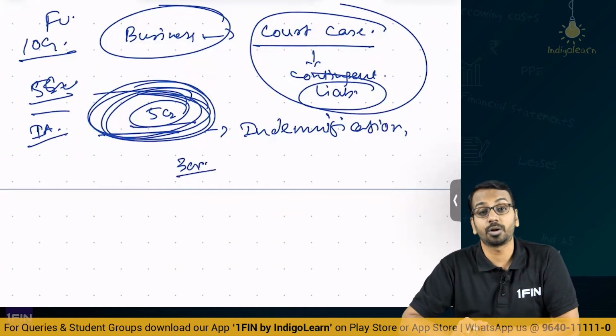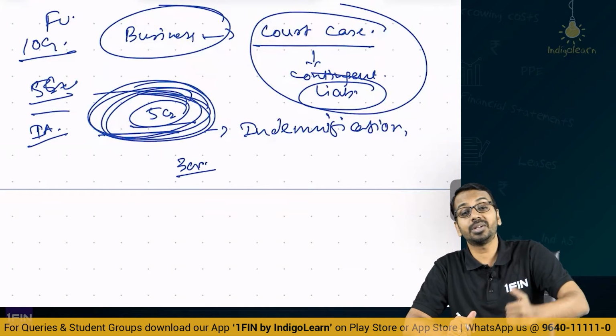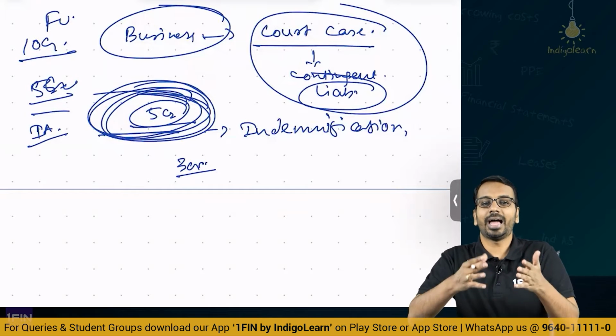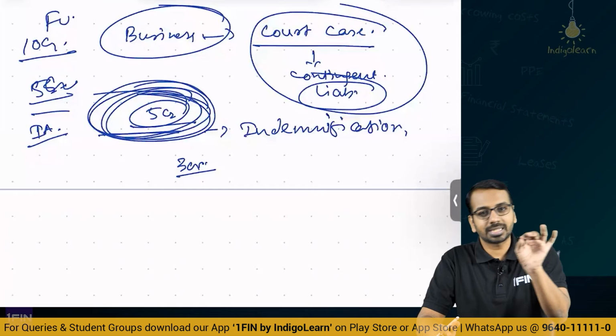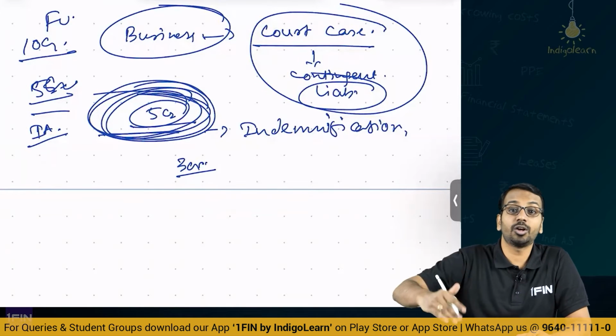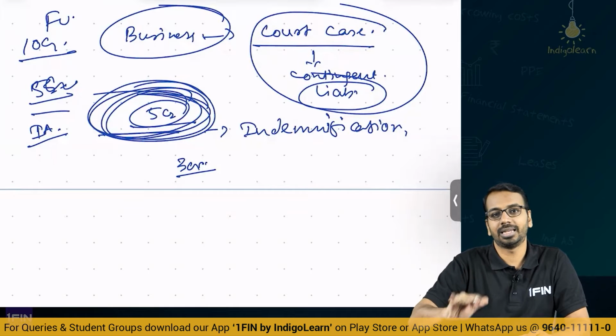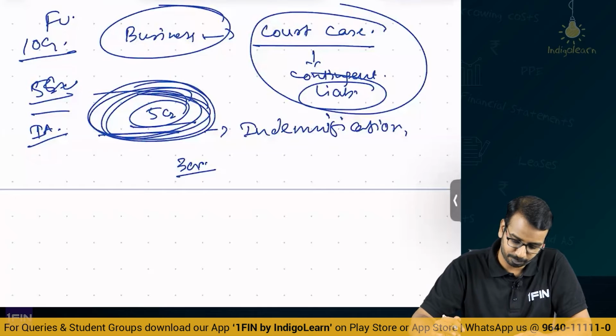Let us say the liability I recognize is only 3 crores. Can I recognize 5 crore of asset? You cannot, because the asset is actually reimbursing a future liability. So the asset value cannot be more than the liability. So the way you have accounted for the liability, on the same basis you will account for this particular asset as well. It cannot be more than the liability amount. Okay, so that is the indemnification asset.